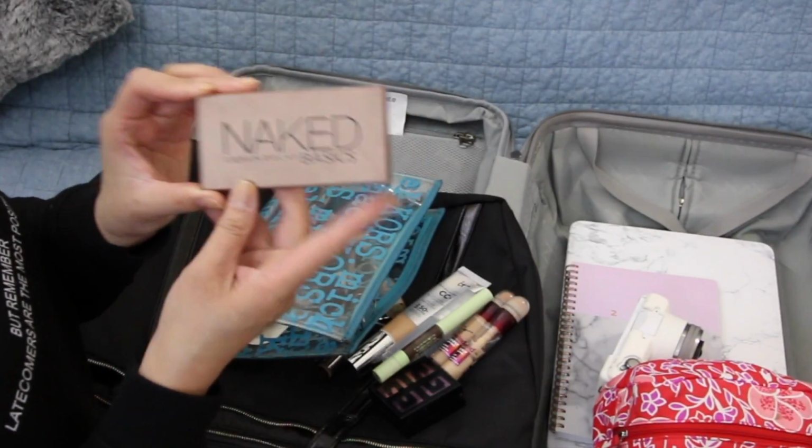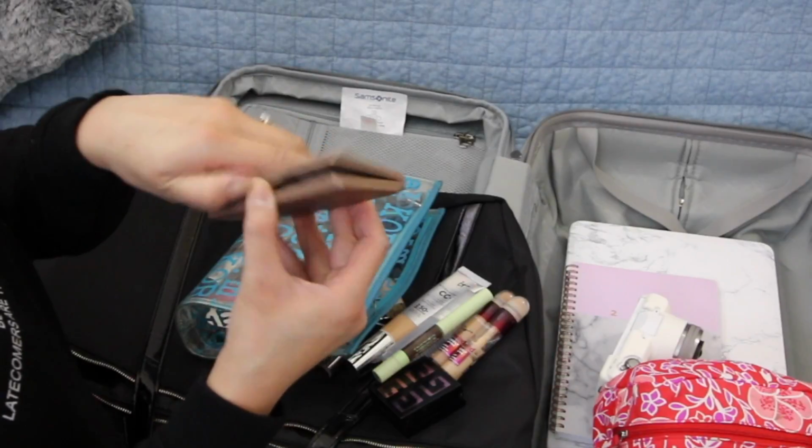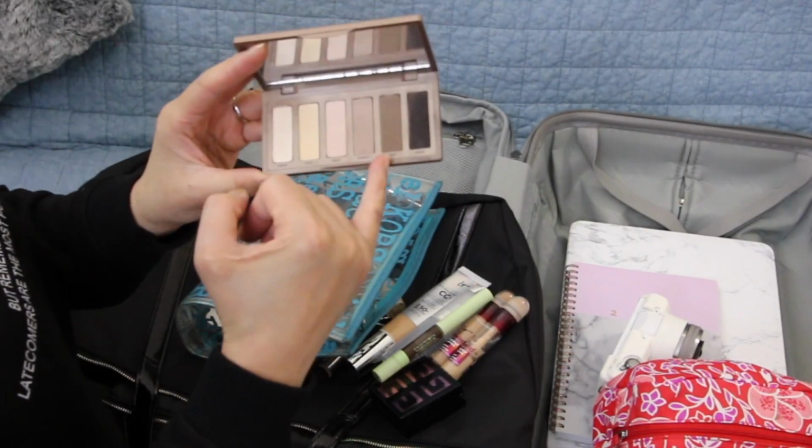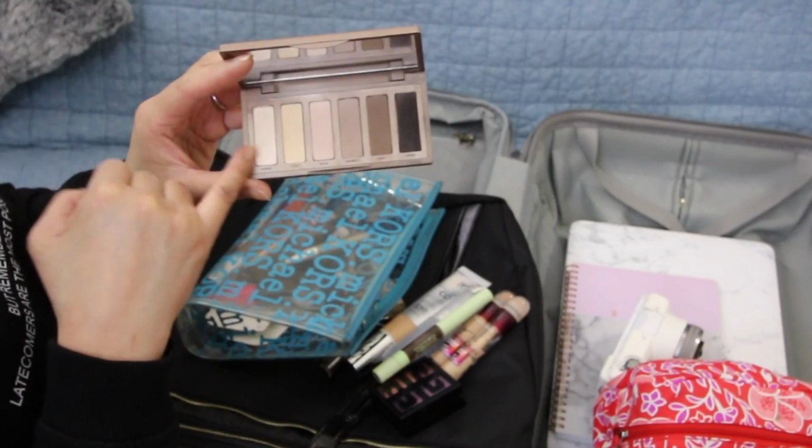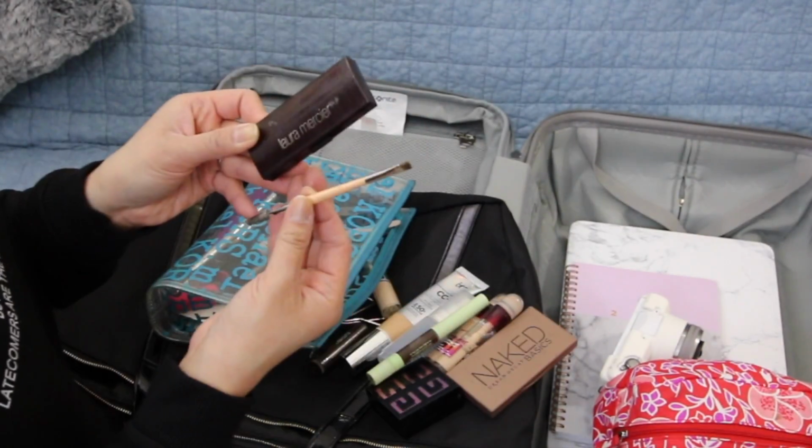You can never go wrong with a basic palette, and these are all just neutral colors. I can use this for eyebrows if I needed to, do this for a smoky eye, mix them together, and definitely a highlight color. Brow powder and brow